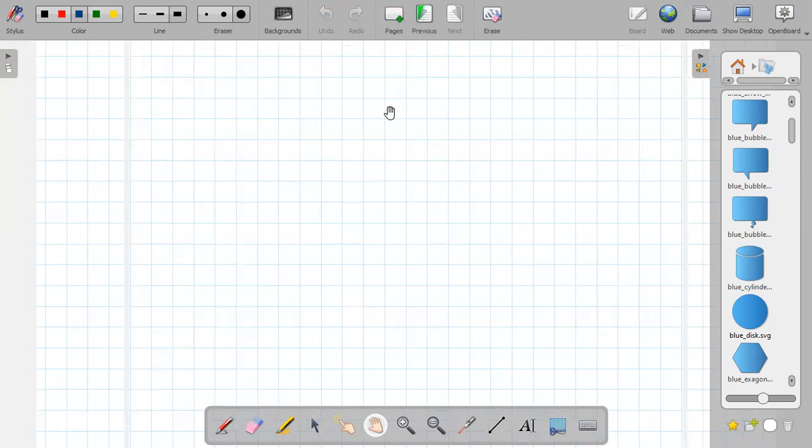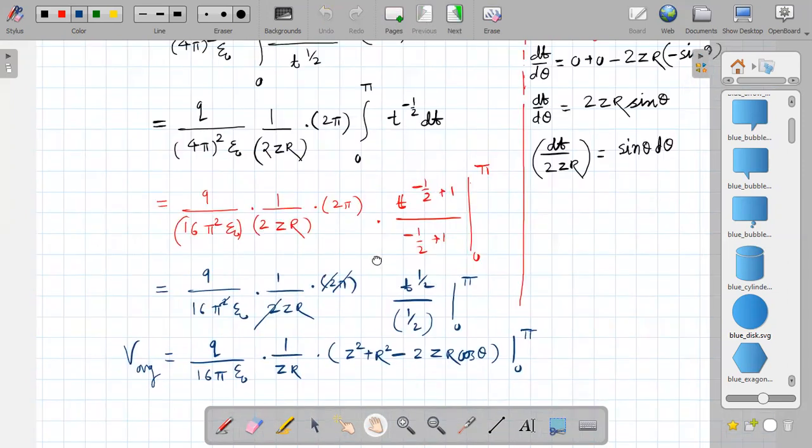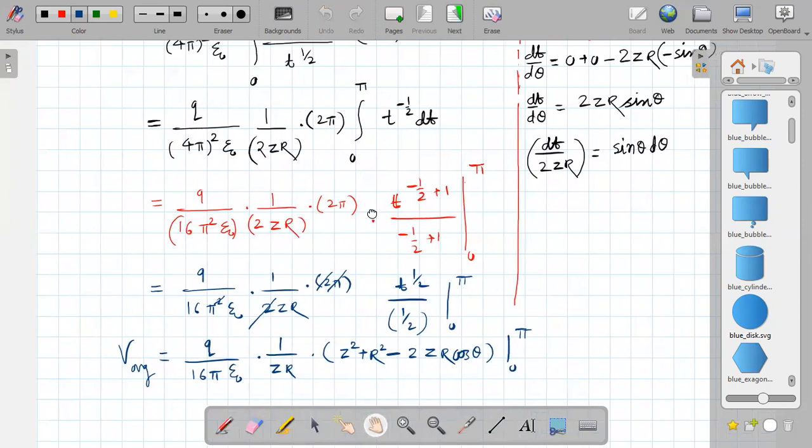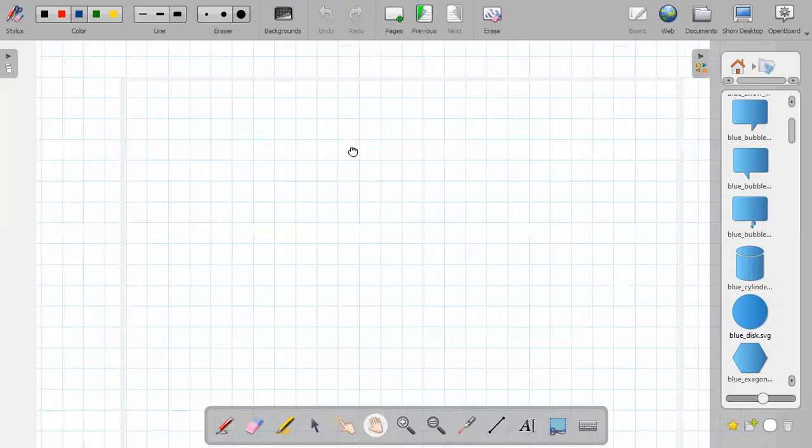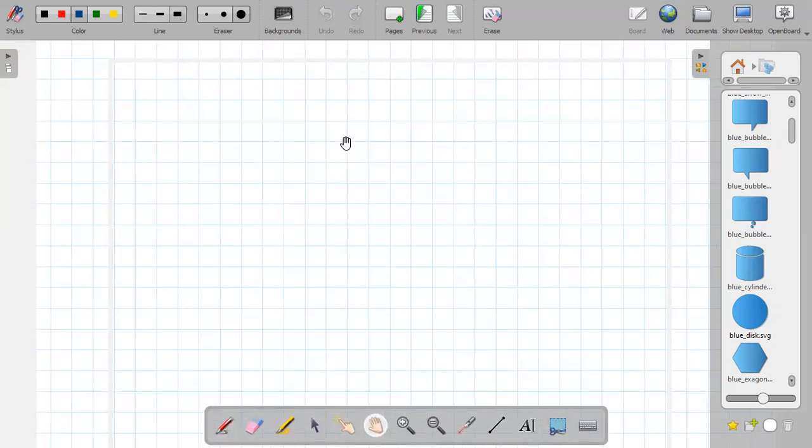New page. Okay, see, previous page is V average equal to q upon epsilon 0 into 1 upon zr into bracket z square minus 2 zr cos theta from 0 to pi. Therefore, rewriting the same equation on a new page like this, I will use a new page. Okay, see, rewriting previous equation,